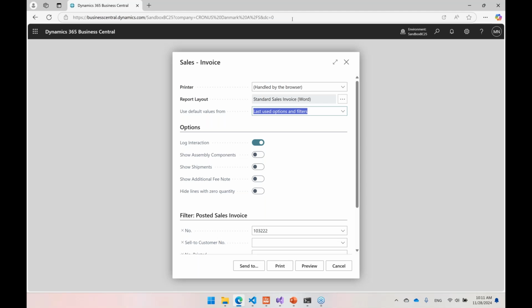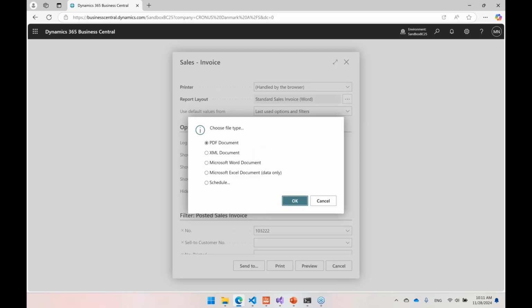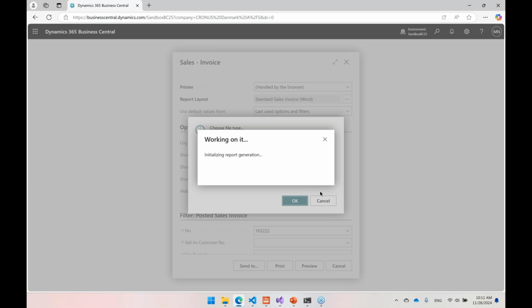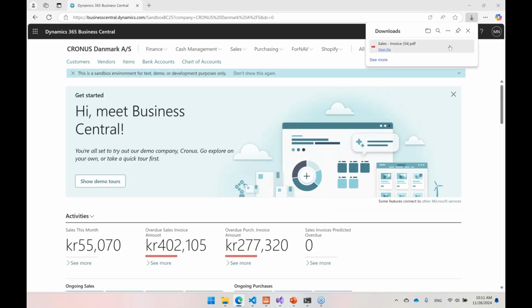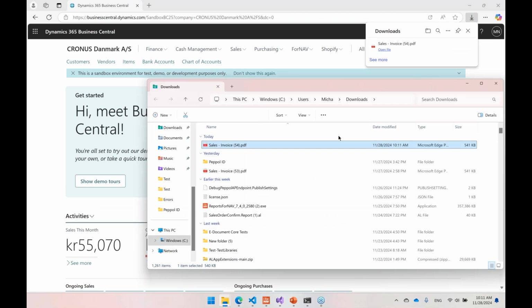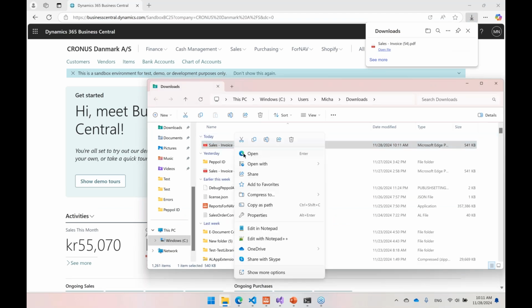But in this case, I'm just going to cut out the scenario where I can show you how to produce the PDF, but that will be part of the post and send process. In this case, I'll just run the report and show you how the document is produced and what's in it. So run the standard Business Central sales invoice report, and now it's done. And if I go and look at it with Adobe Reader, I can see what's in there.